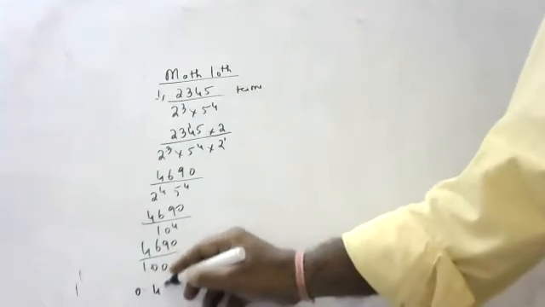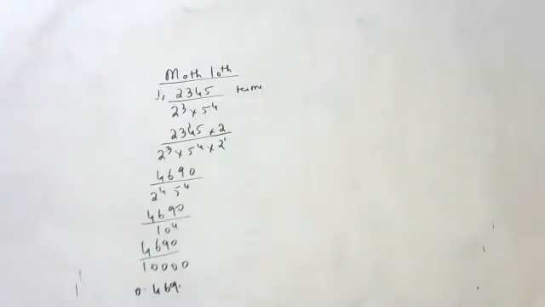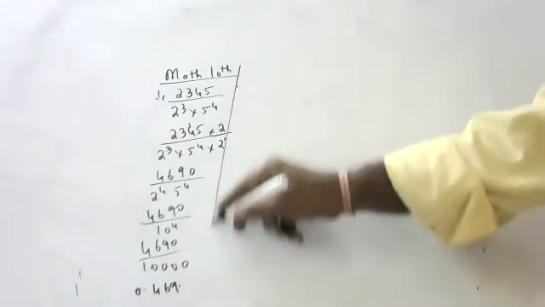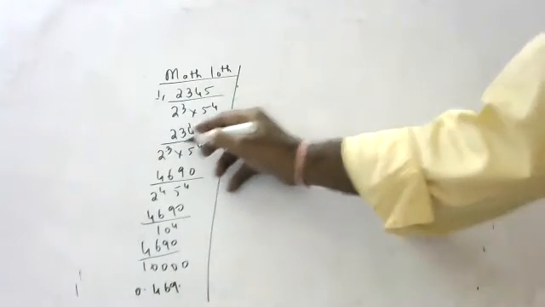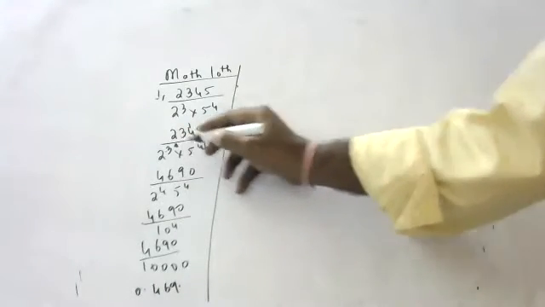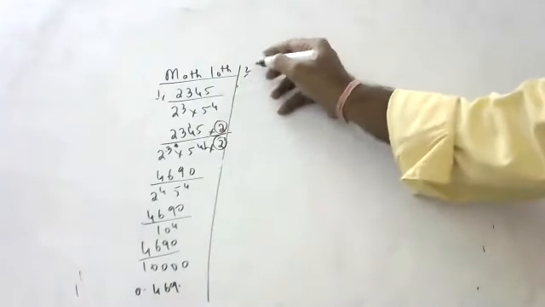So it is 0.469. If it is terminating, you have to convert it to decimal. See, children, this we can't decrease, but this we can increase. So I multiply and divide it with 2.